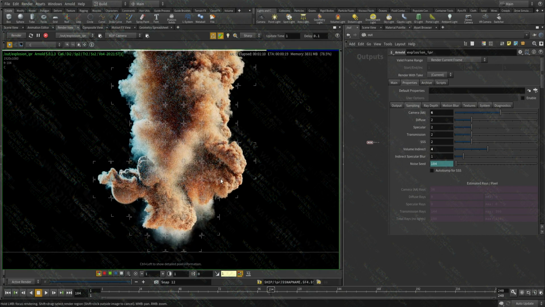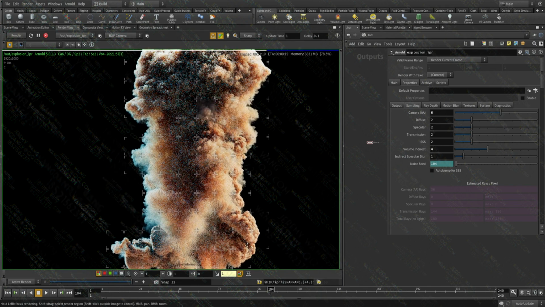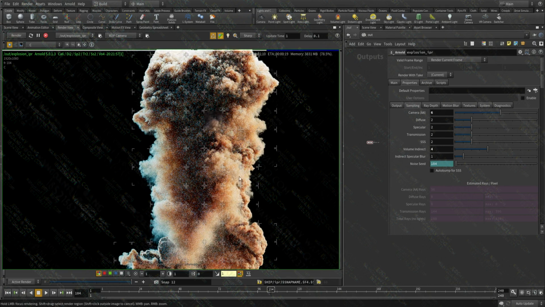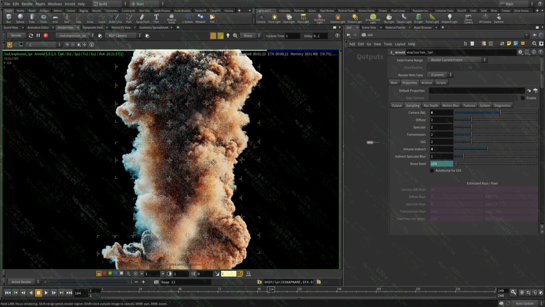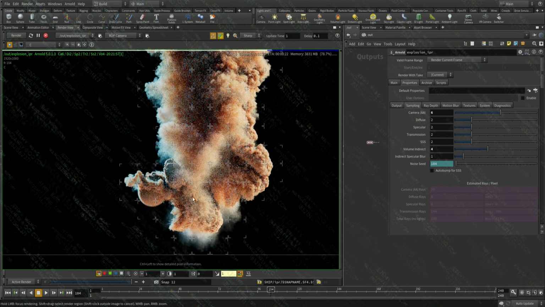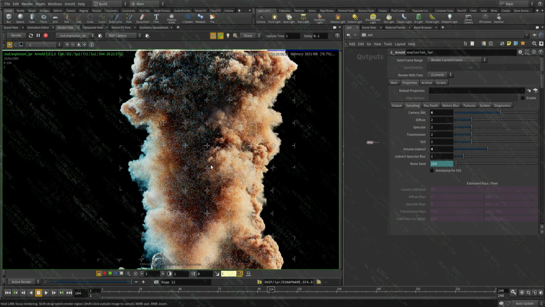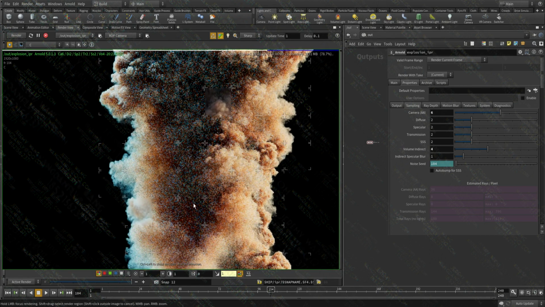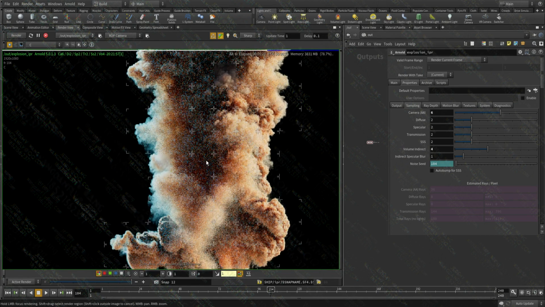If you have lights inside the volume, it can be really tricky for it to solve. And what I would recommend doing is render those separate lights individually and not have them inside the volume. And I'll actually do that. They have improved this drastically in Arnold 5, and they keep working on it. It's a very challenging problem to have light inside volumes, and I highly recommend you guys not to do that unless you have to. But we'll do a test and see how it goes.